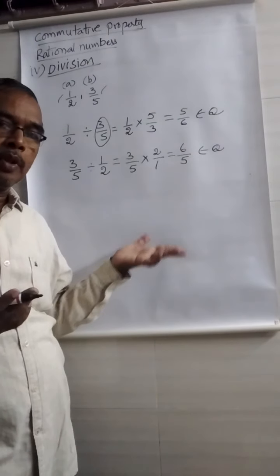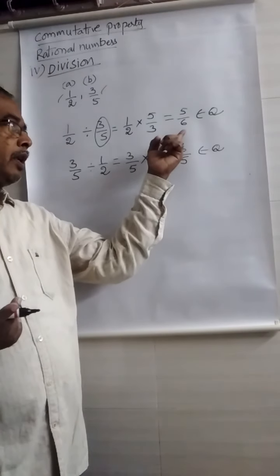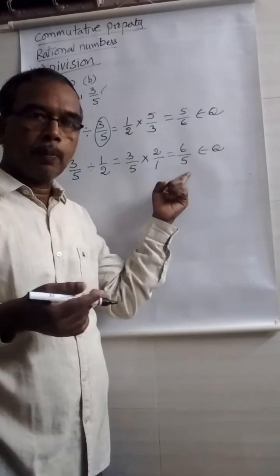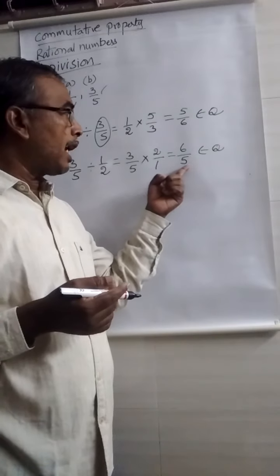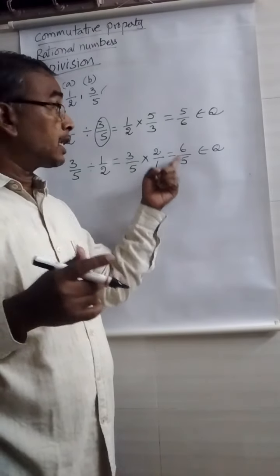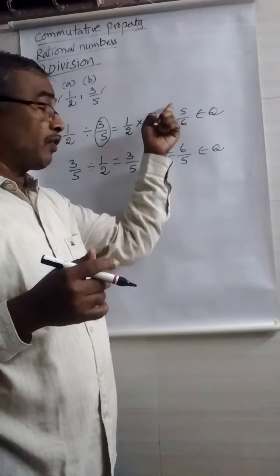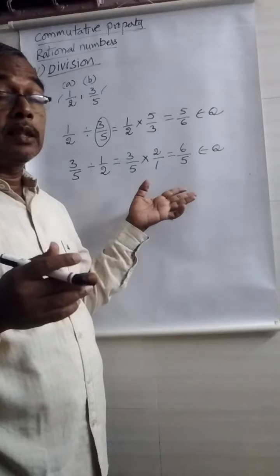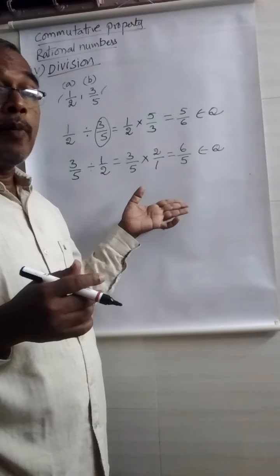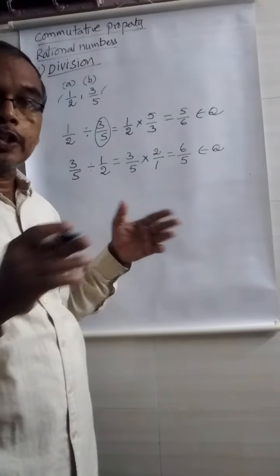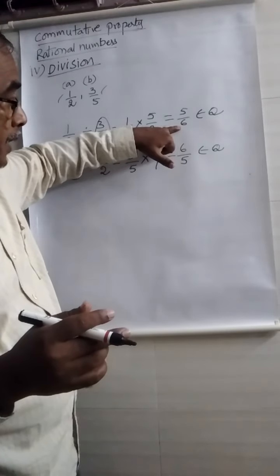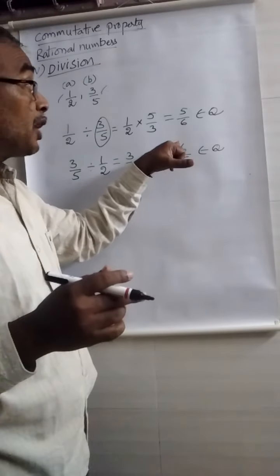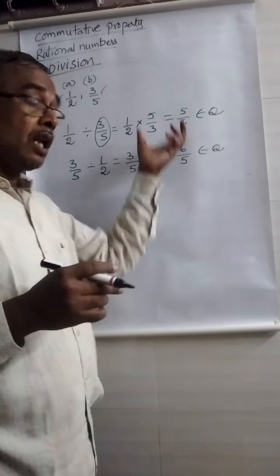Are both the same? You may observe. Here, you cut an apple into 6 parts and take 5 parts. Here, you cut the apple into 5 parts and take 6 parts out of 5. That means both are not the same. 5 by 6 and 6 by 5 are not the same. Here we cut the apple into 6 parts, we take 5 parts only. Here you cut the apple into 5 parts, here you take 6 parts. So both are not the same.